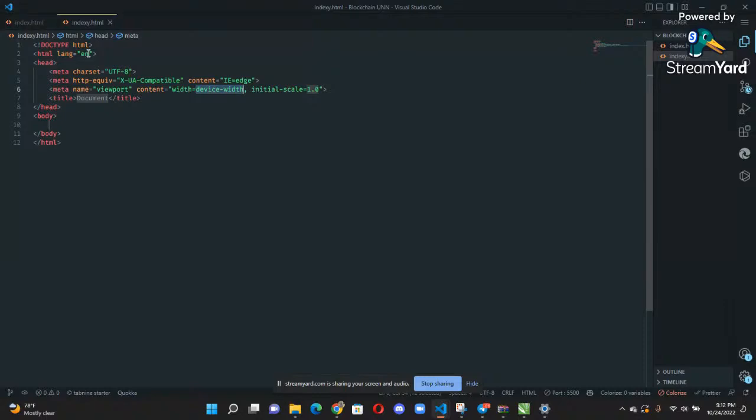As Ifeoma already explained, you can see the doctype, this is the template of a basic HTML5. I'm using VS Code. This is the doctype, which explains what we are about to write. The lang attribute explains that we are using English as our language.